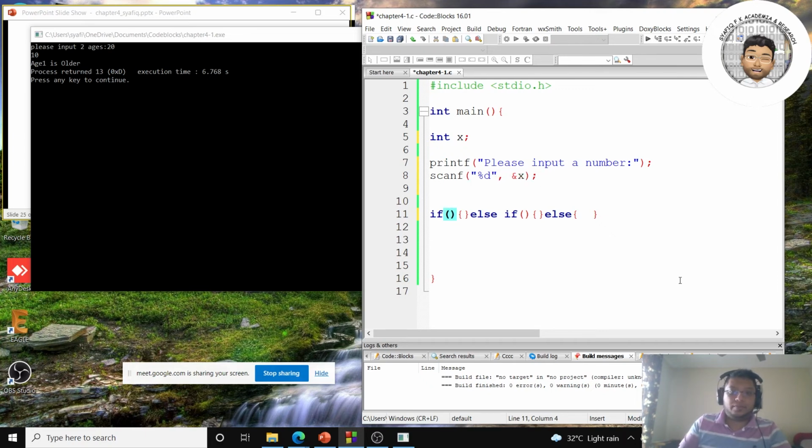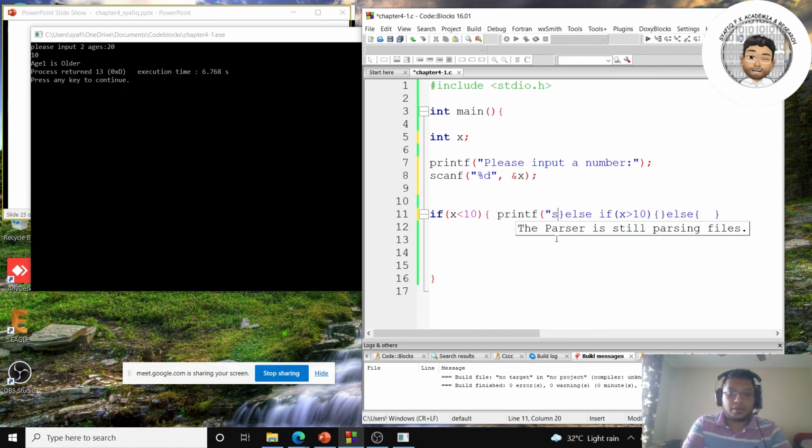Here I put a rule: if x less than 10, and then x more than 10, and let's just put an else. If x is less than 10, what do you want to do? Let's put printf,